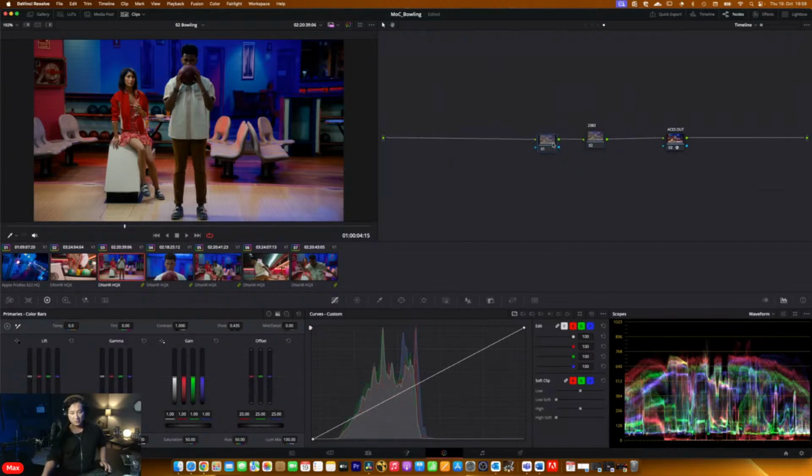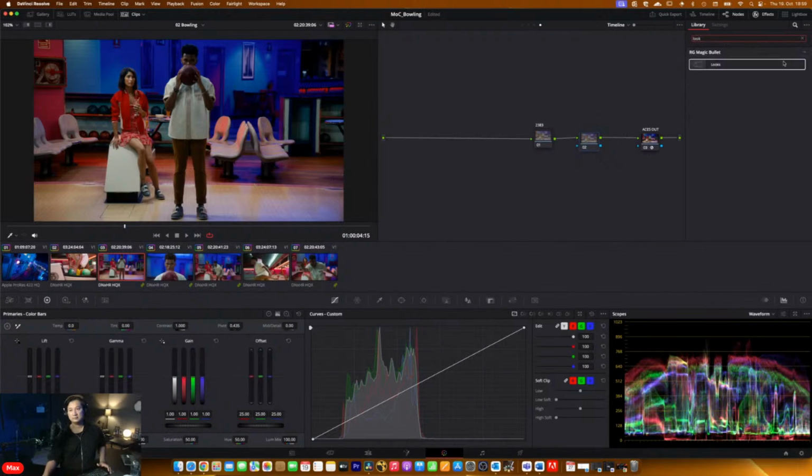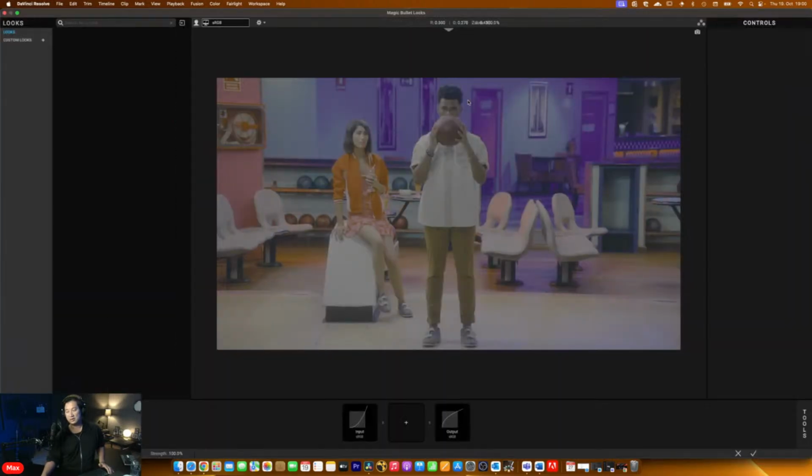So if you want to, though, you can also emulate 2383 within Magic Bullet Looks. But what I want to show you here is that you can mix Magic Bullet Looks with any other tools inside Resolve. So let's just drag and drop Magic Bullet Looks into the nodes here and press edit look. Now, if you see,